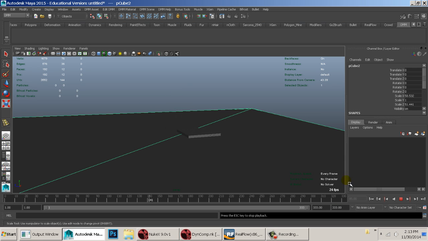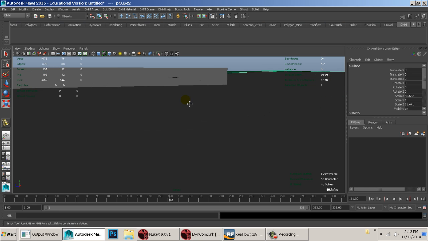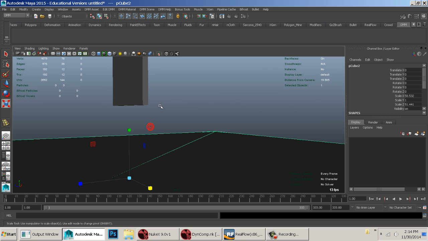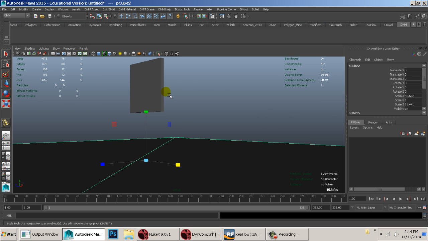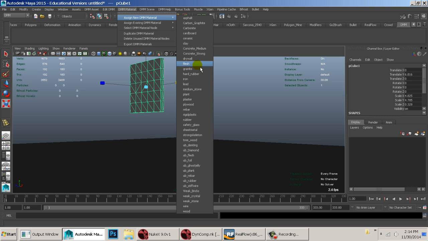Okay, this is one of the neat things about DMM, is that it actually interacts with the surface, and we can tell it to be a little bit jiggly or have some flex to it, and then break. Okay, so you'll see that he's just kind of a little bit bouncy. So I'm going to grab him and go up to DMM materials, assign new, and these are not textures. This is basically what that object is made out of. So if I went to,